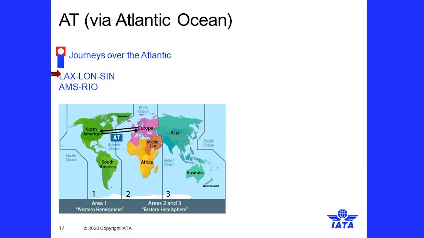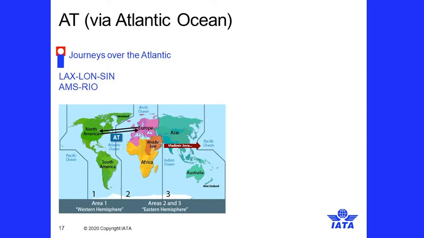The first one says LA, from LA to London and then to Singapore. Once we have either the Atlantic or the Pacific Ocean crossed or flown over, then we will need to put the global indicator with these two-letter codes of the ocean. So we are not speaking about the Indian Ocean or Arctic Ocean, we speak only about Atlantic and Pacific because they are